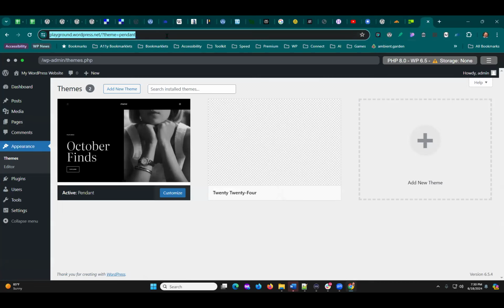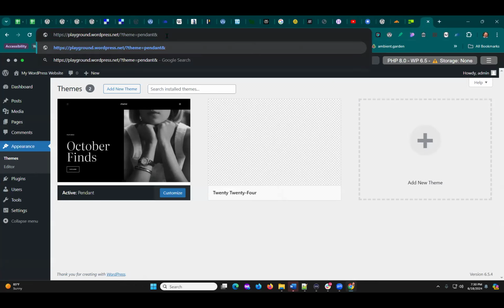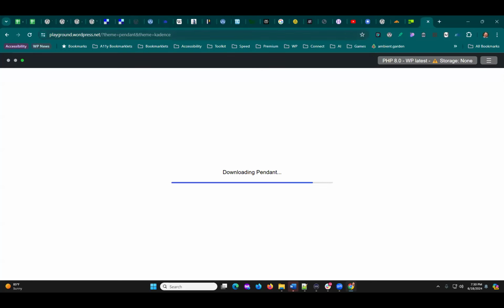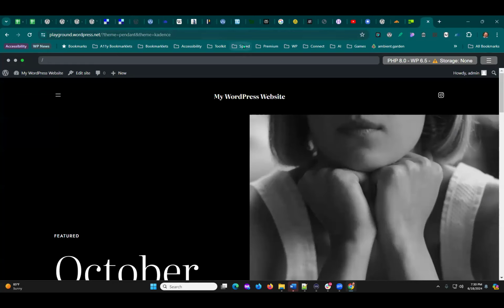If I go theme equals pendant, and if you're used to URLs, this is, and I say theme equals cadence, and it's the slug for the theme. So when you go to the repository and you look at the top of the screen, you'll see the slug, that thing that's in it. If I enter this, now it's going to load, downloading pendant, and it didn't grab